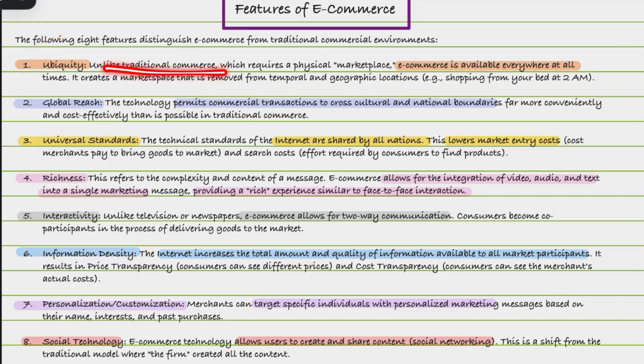So unlike traditional commerce, where we require a marketplace, right? You need a store which you can visit and buy things. But unlike that, e-commerce is everywhere. Alright, it creates a marketplace that follows you home. You can order groceries online from your bed at 2 a.m. That is the example that e-commerce is present anytime, anywhere, right? Second is the